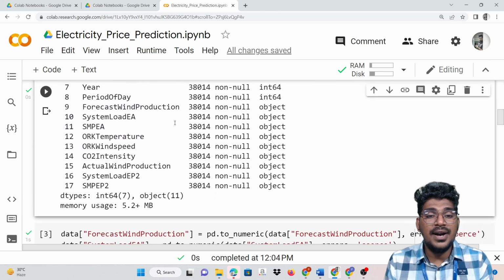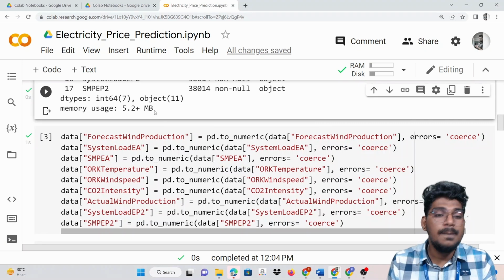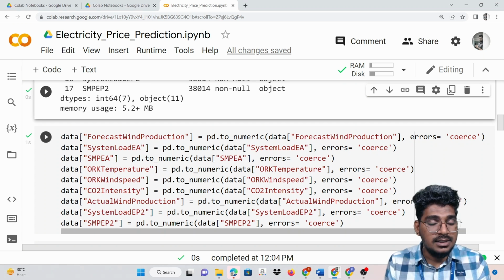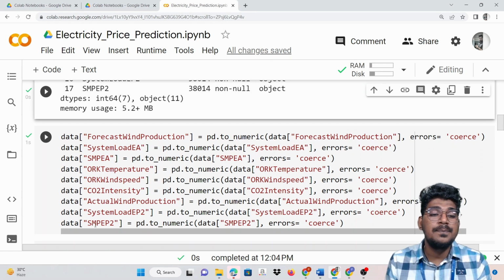So once we have the information about this particular data, now we are going to the forecasting wind production, and also the system load EA and SMP EA, temperature, wind speed, CO2 intensity, and actual wind production, and system load EP2, and also the SMP EP2. So all of these are the columns we need to convert into the numerical format.